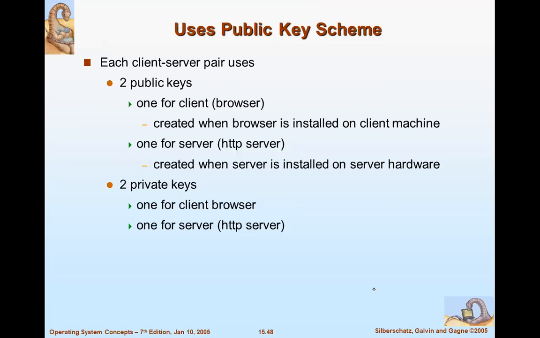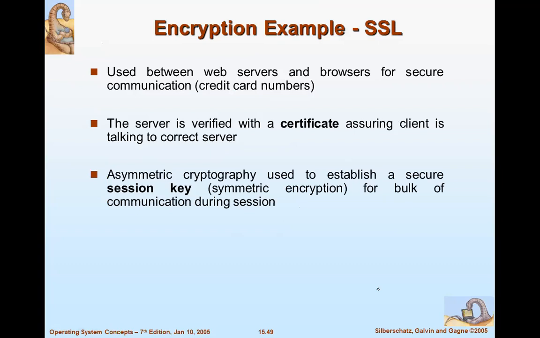On the other side, you can see that it is created when the server is installed on the server hardware. There are two private keys as well, one for the client browser and the other one for the server. And that's why both have different private keys. The example of encryption here in SSL is where it is used between web server and browser for secure